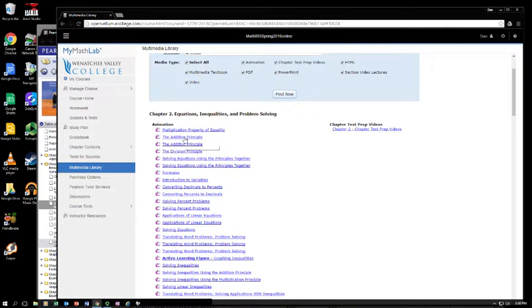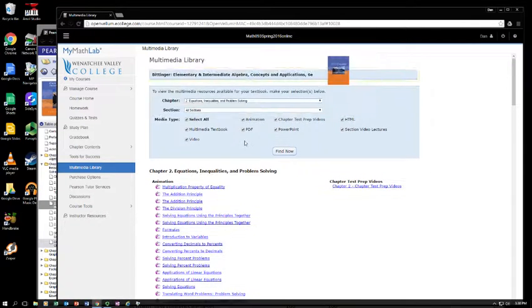If we're working on the addition principle and those kinds of things, I can look at an animation, and the audio with that if you're an audio learner, and it'll show you exactly what we're going through. How I got here is I just clicked on multimedia library